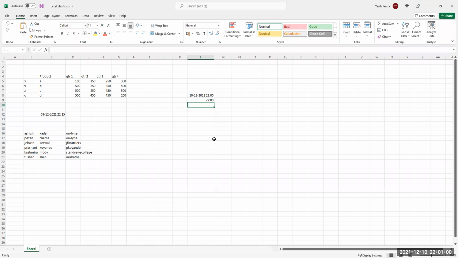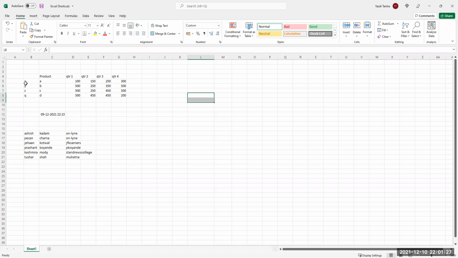Control colon is insert current time. Are we clear? Any difficulty? Very simple and very, very useful if you are using these functions in a regular way.